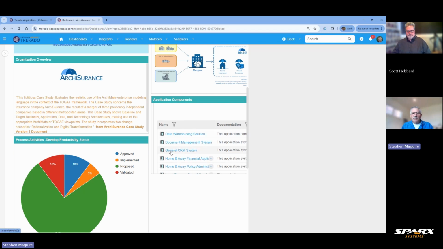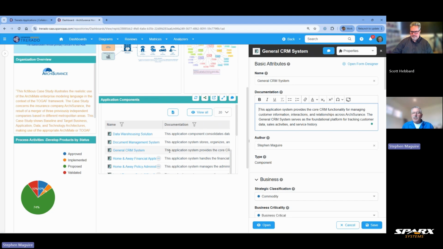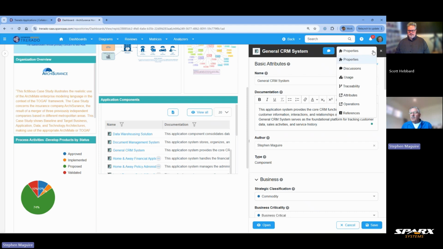I'm going to click on this one, and you can see now that the properties window has been displayed. This isn't just a properties window. This is much more significant than that. Scott, we've seen this in other videos. We've got a number of different things: discussions, usages, traceability, attributes, operations, references, all sorts of very comprehensive. Yes. But let's have a look. And I think you pointed out in a previous video, the